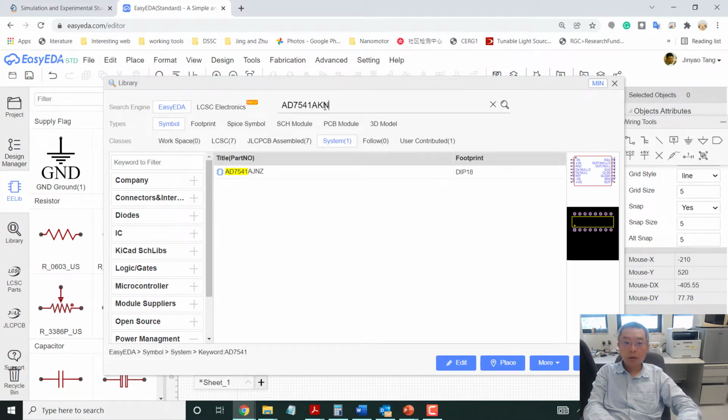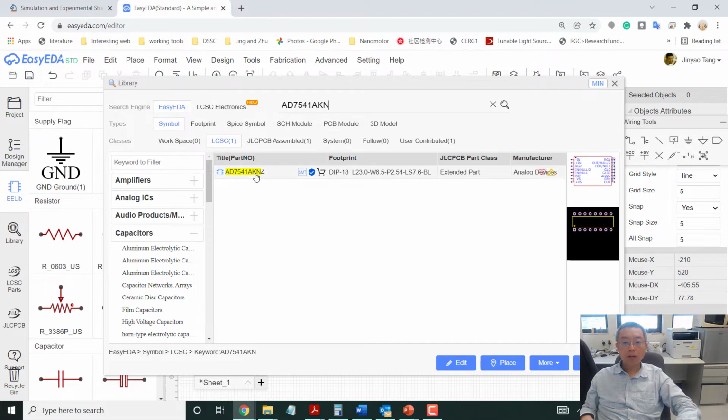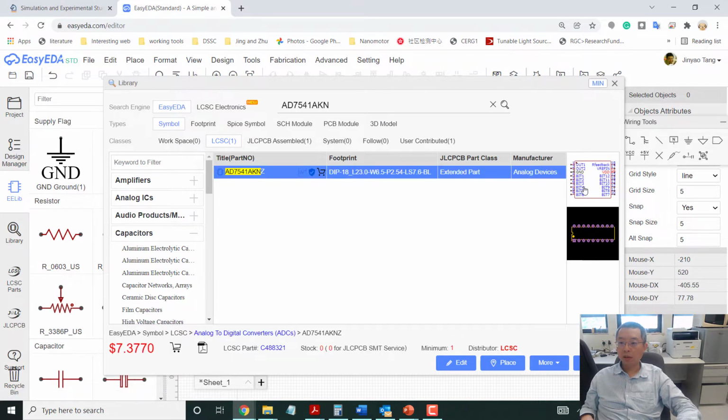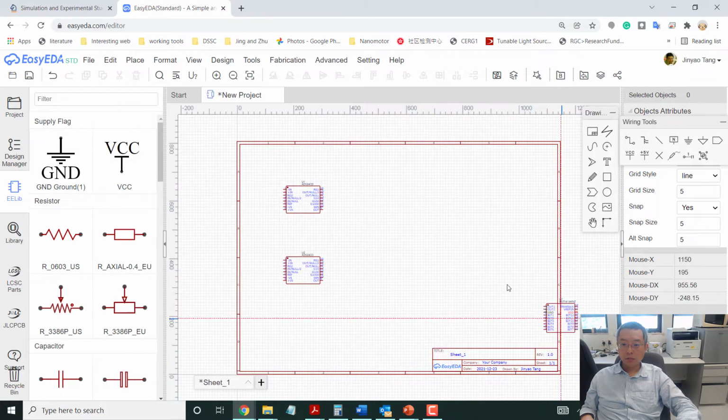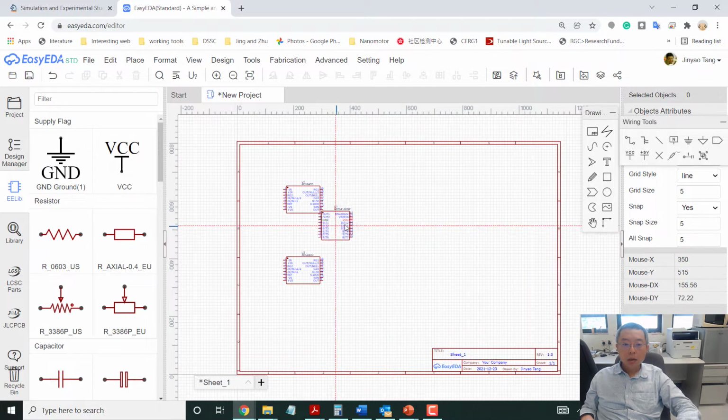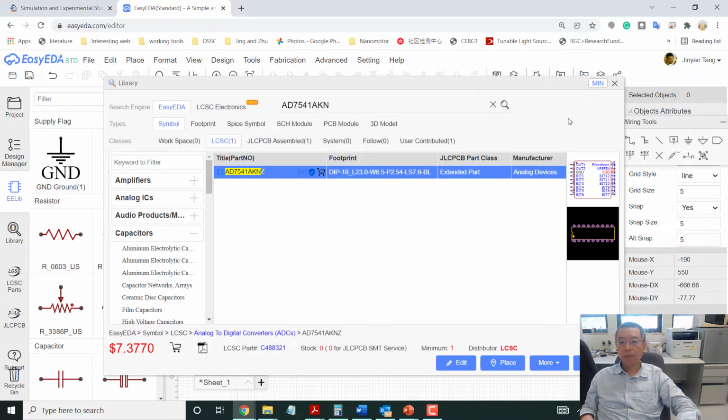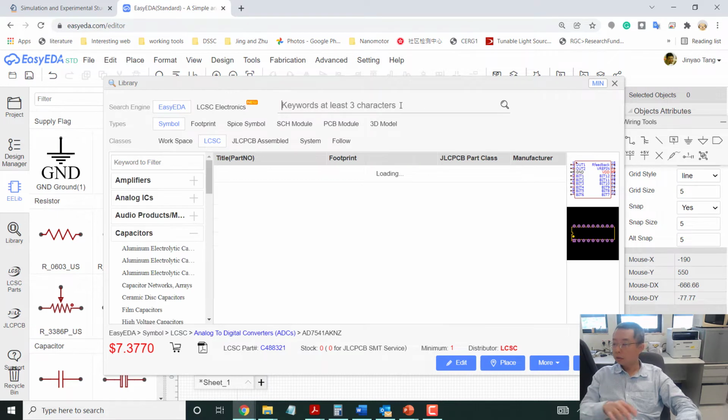AKN. Okay, so it's this one. Okay, AK40, AKN. So sometimes you need to do a little bit. Okay, so this is another one, and finally you're gonna have the